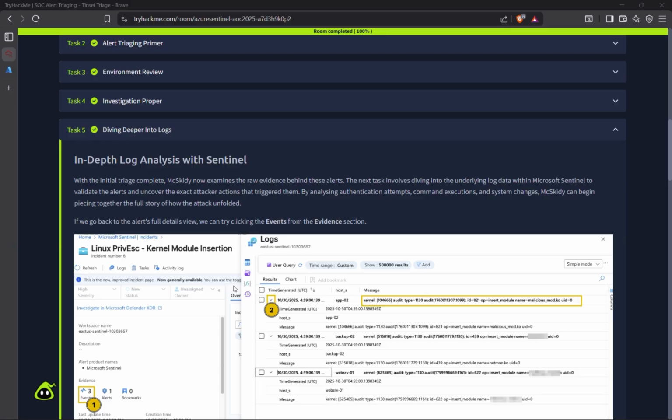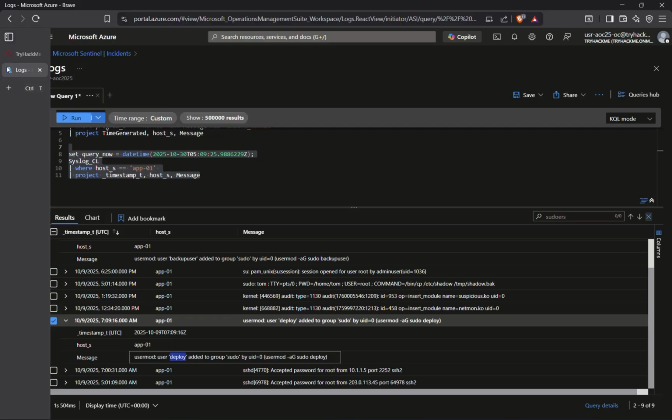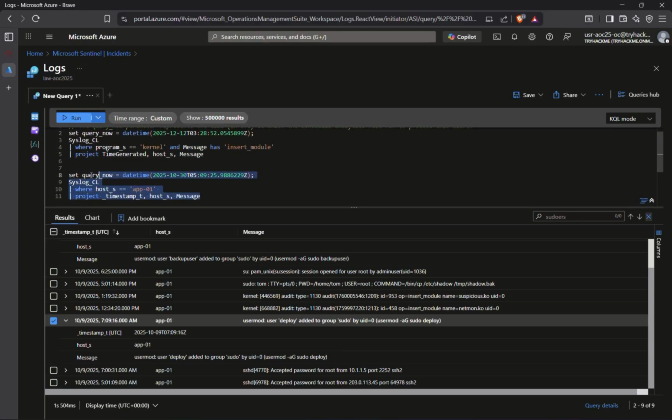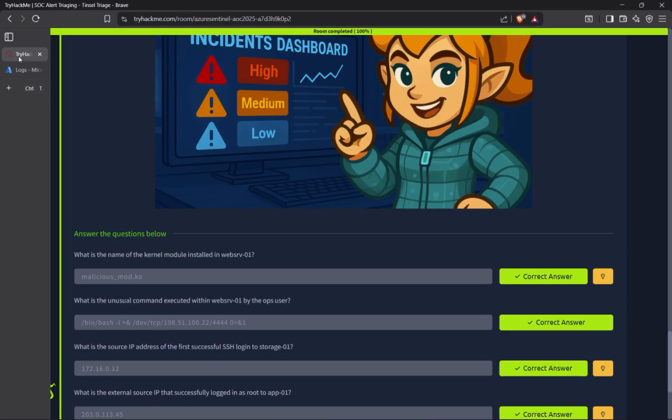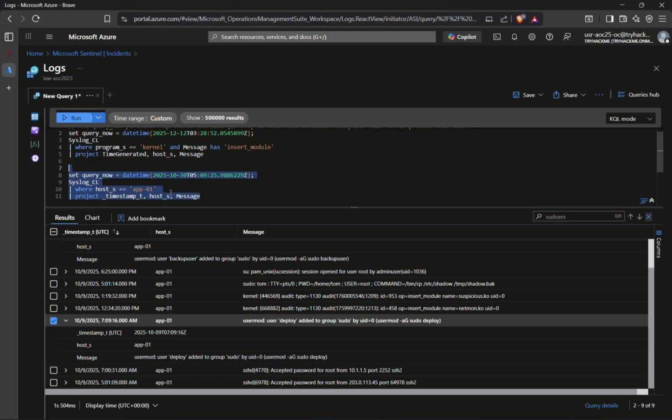Hey, we are in task 5. So in order to do this question, we're gonna go into the logs and we need to make sure the query has to have the same date time. So we'll do the questions one by one. So it is asking what is the name. We did all these questions, so we'll find out what is the unusual command executed in the web server, and the user is ops. So we'll copy the web server and